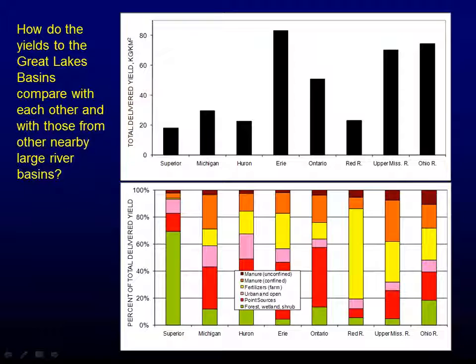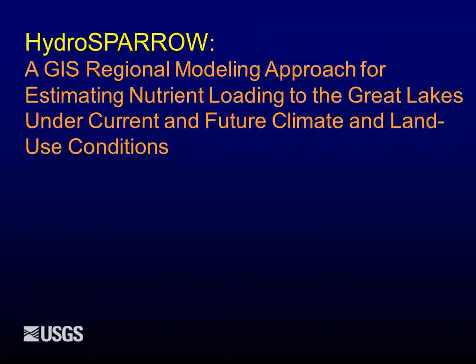This is the percent of the total load, and we look at what's driving it. Although these have a lot of agriculture input, a lot of these other basins like the Ohio River and the Red River don't have the point sources like the small basins that the Great Lakes have. So if we look at that, the Red River is strongly driven by fertilizer, the Upper Miss by fertilizer and manure, but they don't have the point sources that some of the Great Lakes have. So if we look at the total yield from those areas getting into the Great Lakes, it's not all that different than the Corn Belt.